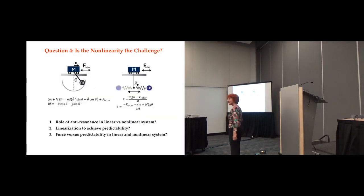Moving on, last experiment here. Now we have a nonlinear system. It's not very nonlinear, but the pendulum creates a nonlinear element in that system. So to what degree is the challenge in the system due to the nonlinearity, the pendulum, or how much easier or different would it be if we just have a mass spring system, and there are three other studies that have looked into manipulating a linear mass spring system. So we modified our simulation to only present linear forces,